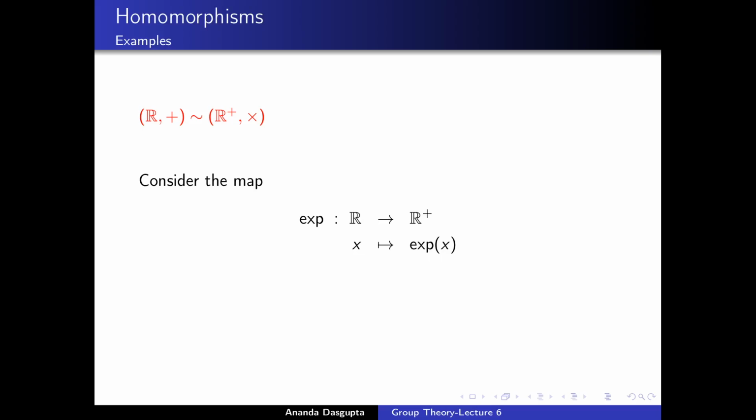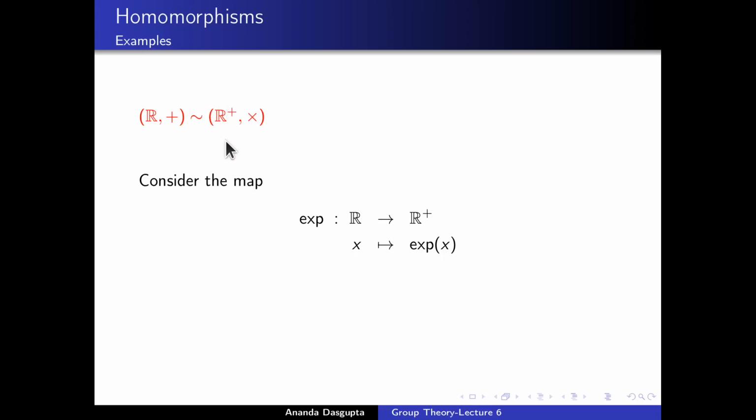as the exponential function. So if you take any element from the set of real numbers, apply the exponential to it, of course you get a positive number, and in fact you get every positive number as a result of this. On the other hand, it is elementary mathematics which tells us that if you exponentiate x1 plus x2, you are going to get e to the power x1 plus x2, which is e to the power x1 times e to the power x2. That's really the product of x1 and x2, which means that in the second group, the multiplication rule,